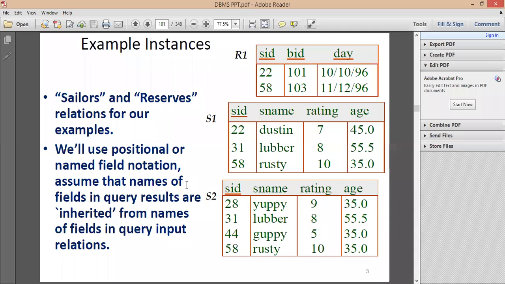Let us once again go through what is relational algebra. It is the basis of procedural languages, and all the queries in relational algebra are composed using a collection of operations. Each query describes a step-by-step procedure of how to get the data and what data is to be retrieved.